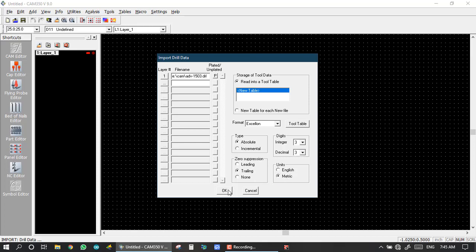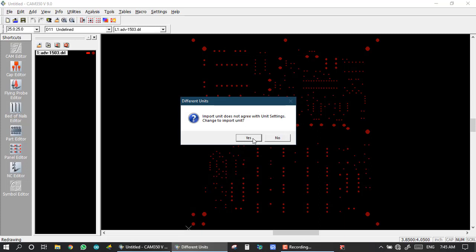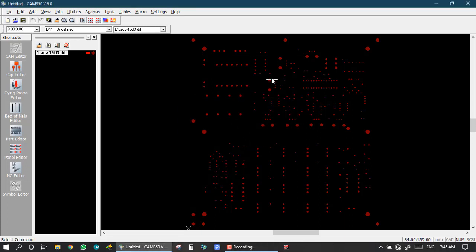And now I click OK and Yes. So this is my NC file. I have imported the NC file, and if we want to make some editing, then we do the editing from here under Tools, and after this we take the output of the NC file as per our production plan.